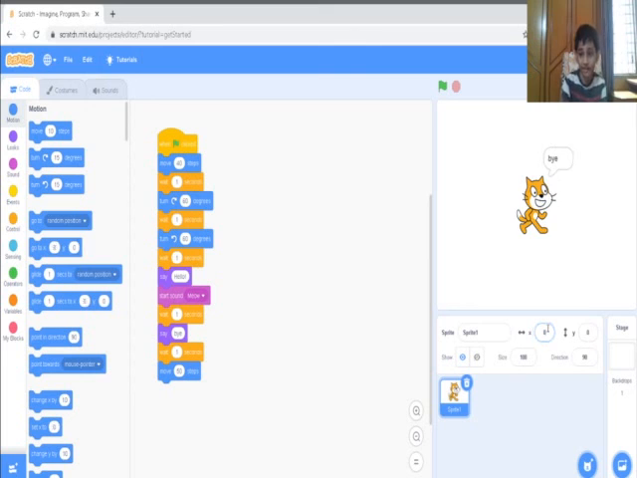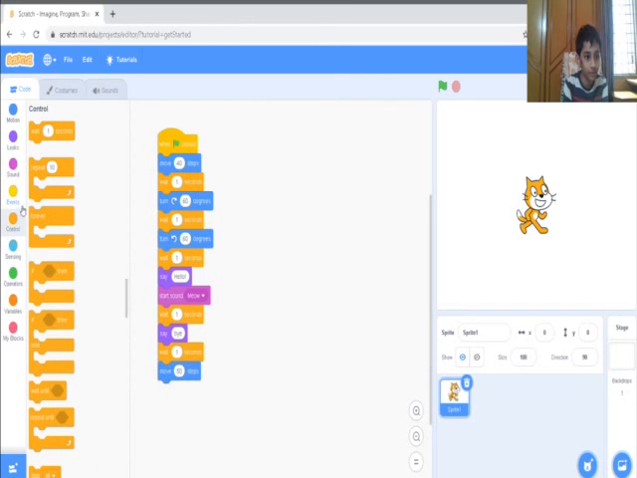Now we made a small program. So in this video we learned about motion, looks, sound, events and one block, wait, in control. In the next video I'm going to teach you how to use the control blocks repeat, forever and the conditions if and if else, and